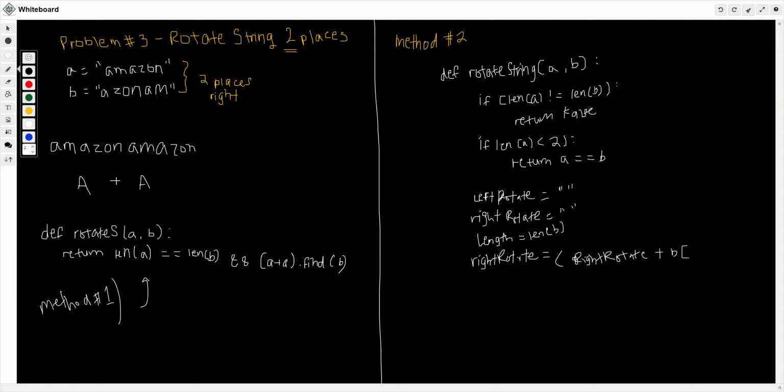Okay, so we're going to take the string of B, and from the length of it, we are going to subtract 2 spaces, just manually, and then we're going to add it to the beginning. So B